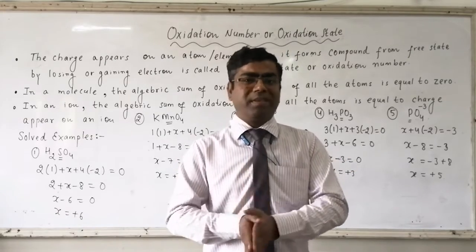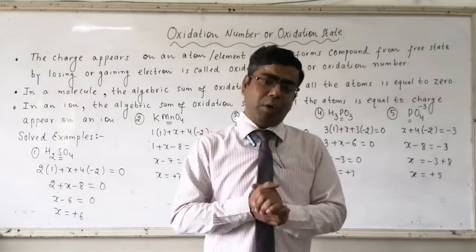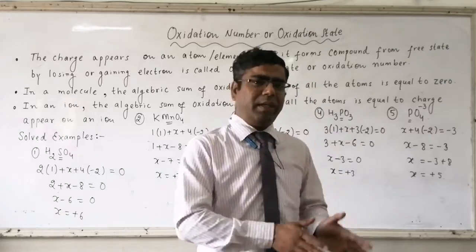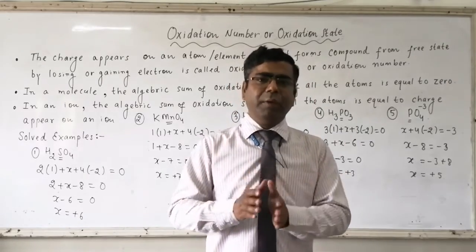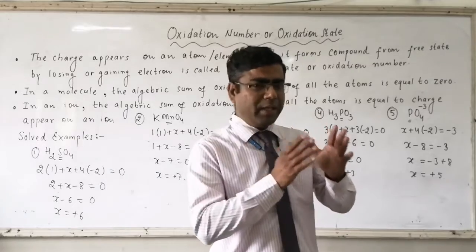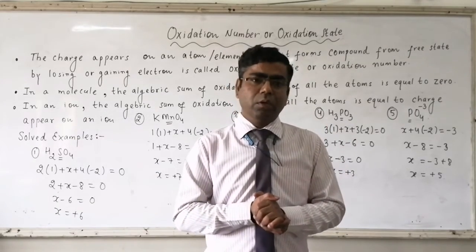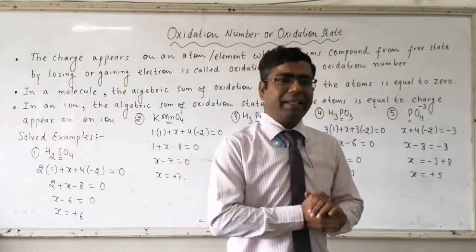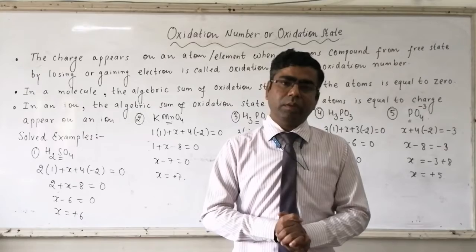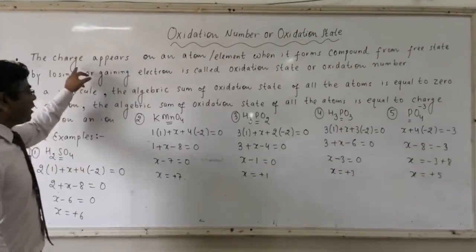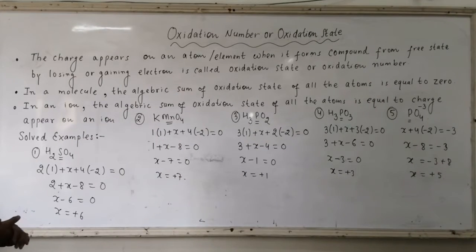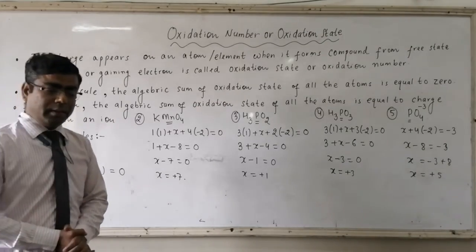Remember, the bond between hydrogen and chlorine is not ionic, it's a polar covalent bond. But because one electron of hydrogen is slightly transferred towards the chlorine, we have developed +1 charge over hydrogen and -1 charge over chlorine. So in HCl, the oxidation state of hydrogen is +1, while for Cl it is -1. So again, the definition: the charge that appears on an atom or an element when it forms a compound from free state by losing or gaining electron is called oxidation state or oxidation number. Remember,